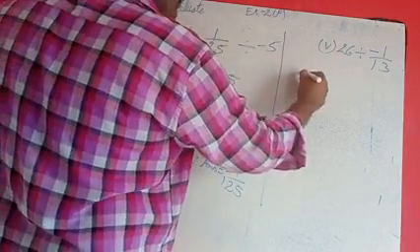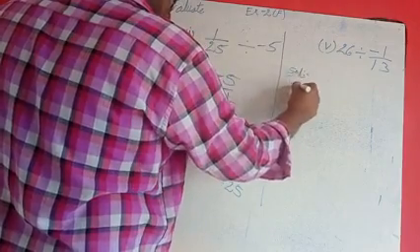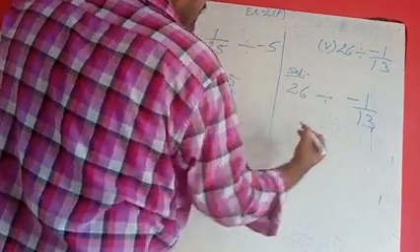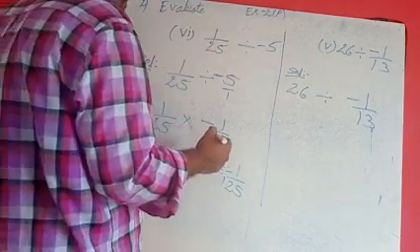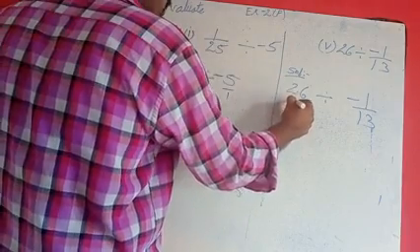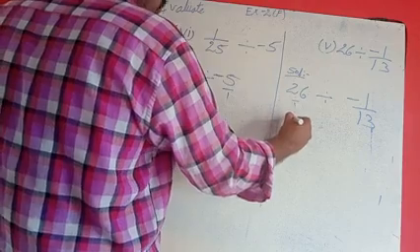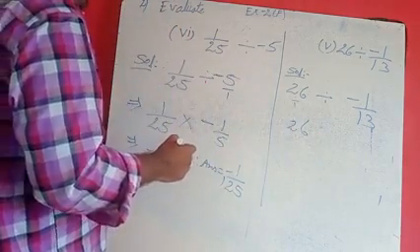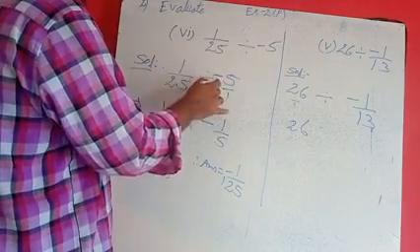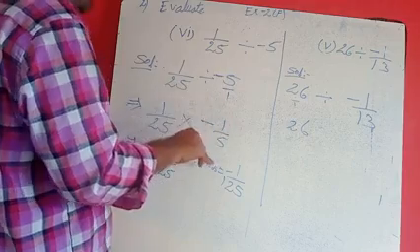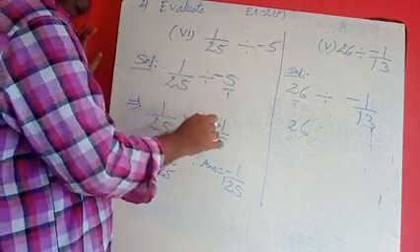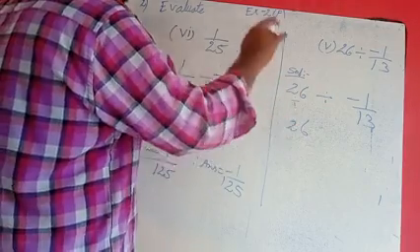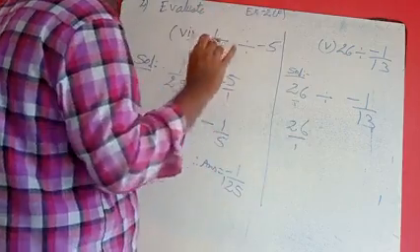See that solution. I am writing only the question. 26 divided by minus 1 by 13. So this is 26 by 1 we are writing that once. So it is 26 only. In this sum, minus 5 by 1 is changed as 1 by 5. In this question, this 26 by 1 is not changing. 26 by 1 is as it is, 26 by 1 only.